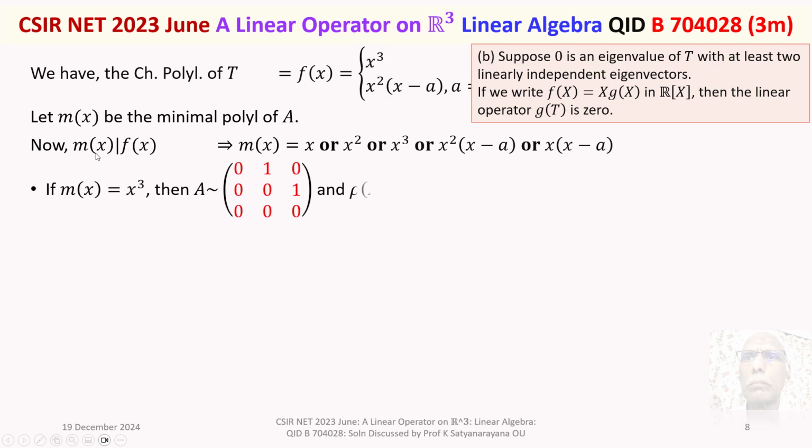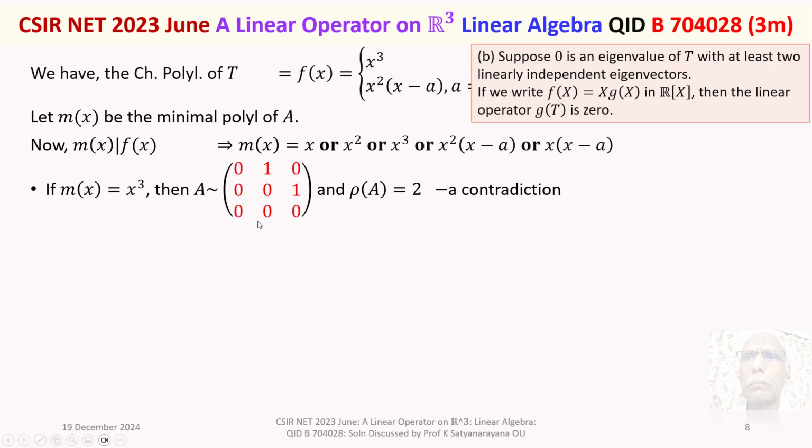Suppose the minimal polynomial of A is equal to x cube, then A is equivalent to the JCF, Jordan canonical form. Because m of x is x cube, it contains only one Jordan block of size 3, that is 0, 1, 0, 0, 0, 1, 0, 0, 0. And